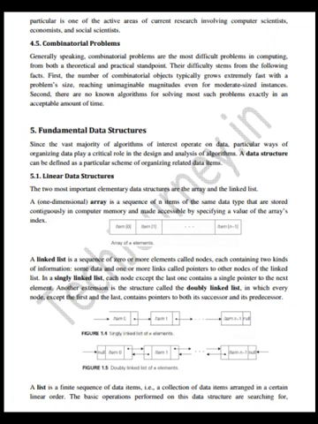In a singly linked list, each node except the last one contains a single pointer to the next element. Another extension is the structure called a doubly linked list, in which every node except the first and last contains pointers to both its successor and predecessor. See the figure.